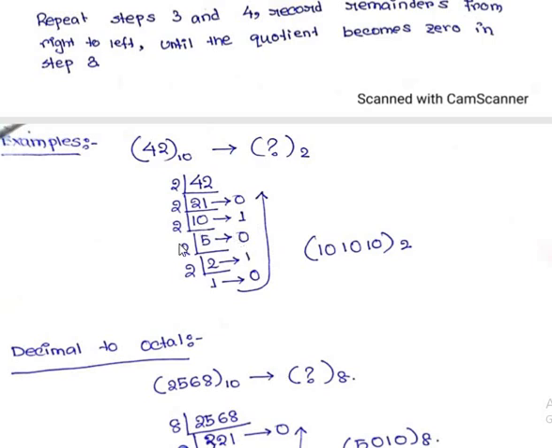Now dividing 5 by 2 will give you the remainder as 1 and the result as 2. Now if I divide 2 by 2, I will get the result as 1 and the remainder as 0. Now I cannot divide a single 1 by 2, so I kept it like this. Now I will write it from downwards to upwards order. So I will write it 1 0 1 0 1 0.